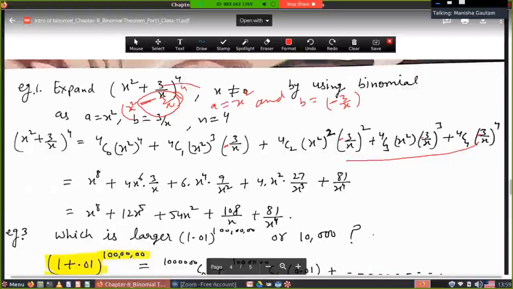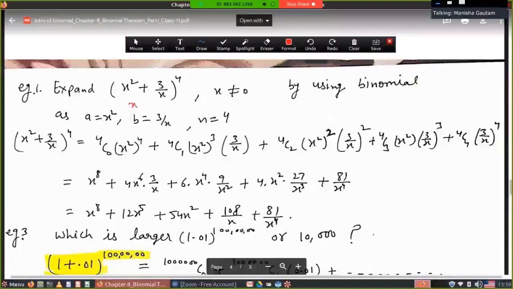Solve this question along with this question by taking the sign. What is the statement? I will write it down again. Solve it again. Suppose the statement is x square minus 3 upon x whole power 4. Expand it by using the binomial theorem. How to take the minus sign, you will get the idea about it. Now next one is,